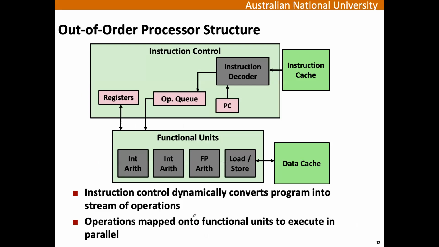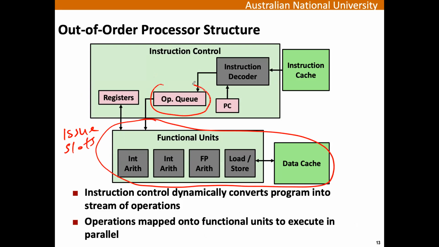Okay, so this is our out-of-order processor. Everything I said, this is a high-level diagram. So you have many of these functional units, right? This is like the issue slots that I talked about. And this is the operation queue,